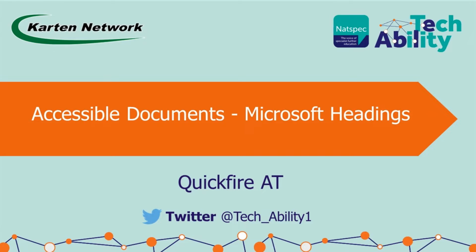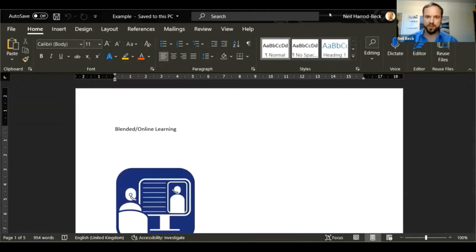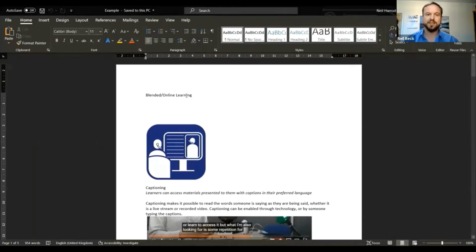Accessible Documents, Microsoft Headings. Okay, so this is my Word document, and it's the draft for the blended online learning standard that we've got for Techability Standards. At the moment it's solid text and I can't really see which bits are the titles and which bits aren't. So what I can do to make it clearer is use what's called styles, which is at